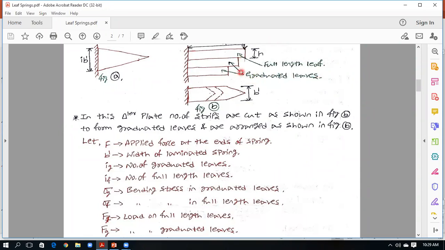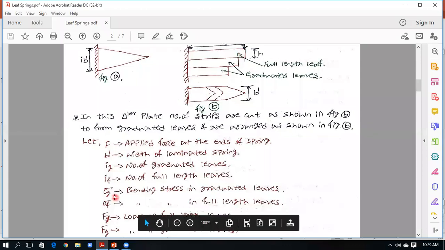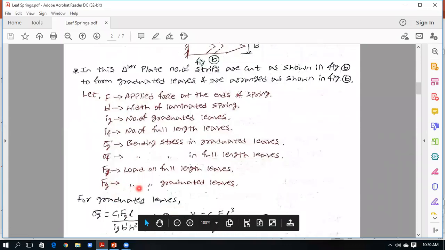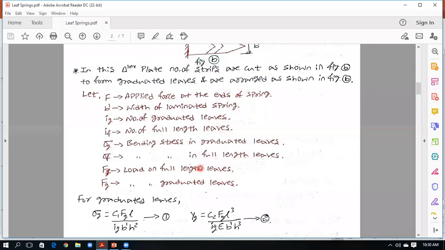If this leaf spring has to be in equilibrium, the total load F will be equal to the sum of the loads taken by the full length leaves and the graduated leaves. Therefore, Fg is nothing but the load on graduated leaves, and Ff is nothing but the load on full length leaves. And to calculate the stresses,